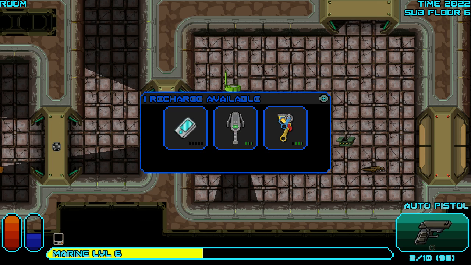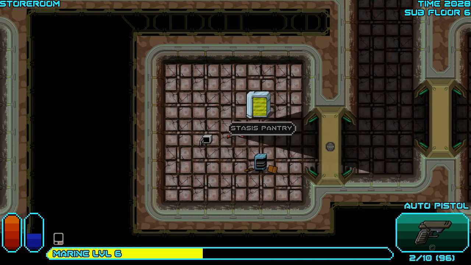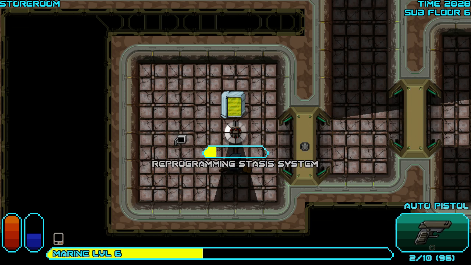Oh, this is cool, actually. I'm surprised this worked. Usually it fails. So I can recharge things. Let's recharge that. Oh, and that's the only thing, but yeah, so I guess I don't know what that thing does. The Hyver thing, that's fine. I don't need that very often. That's really handy, actually. Digital assistant, let's try it again. 20%, better than 5. I don't think it's going to work, but...